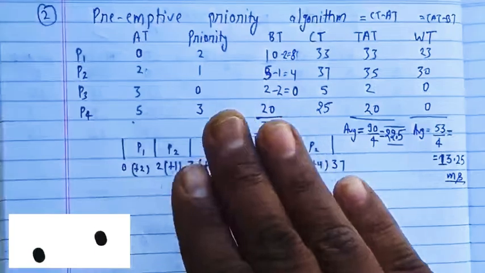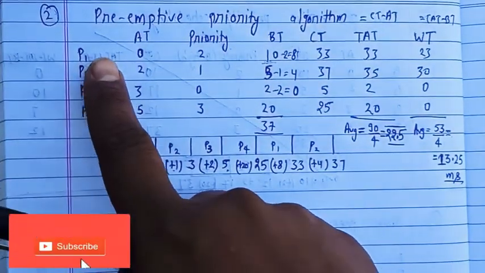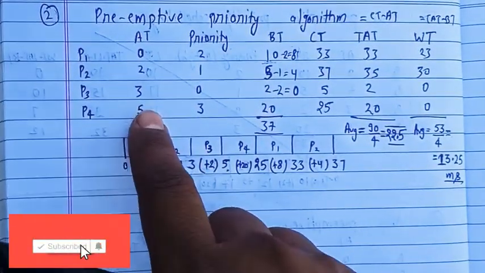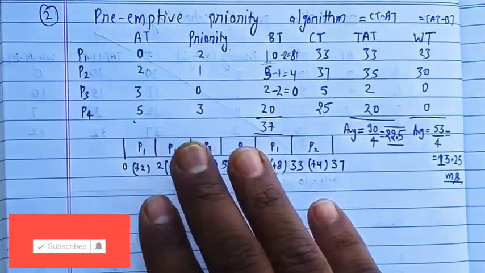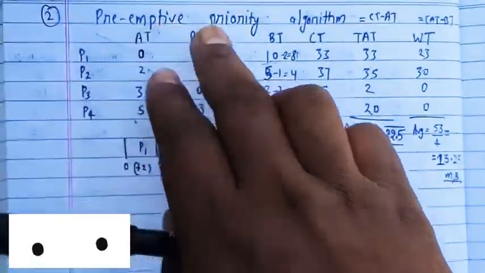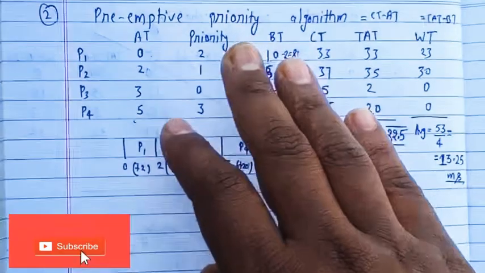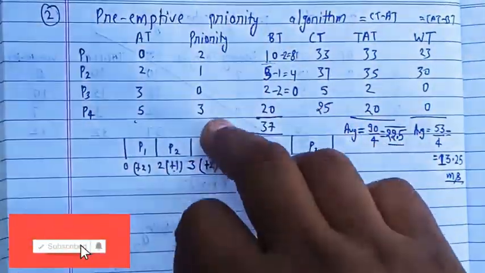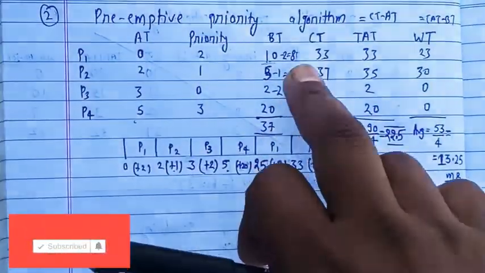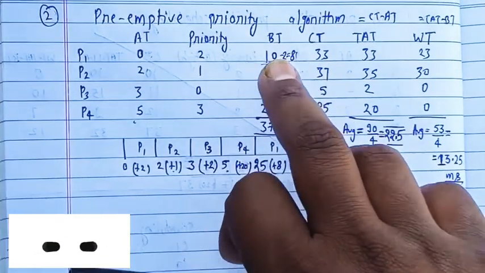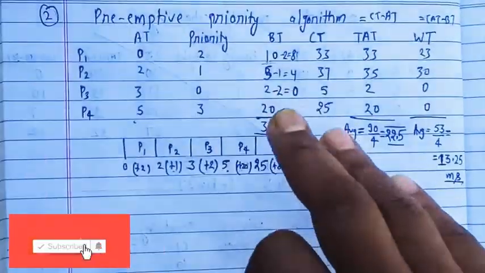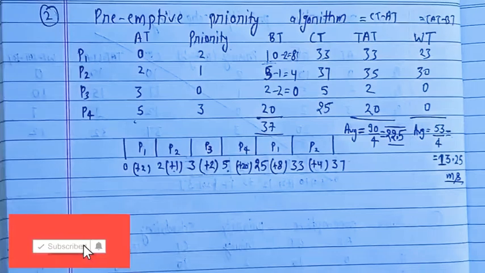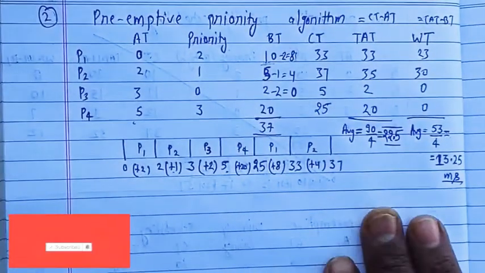And you have to do one simple thing: first check the arrival times, then once all the processes have arrived, the question becomes a simple non-preemptive priority problem. Whoever has the highest priority goes first. At the same time, you have to check how many units of work have already been done, and simply you can solve this question using this video.